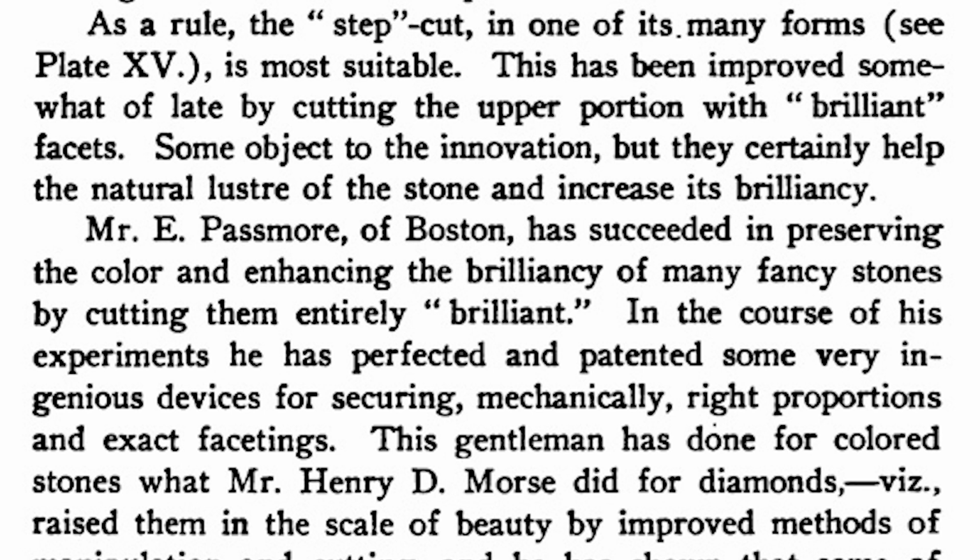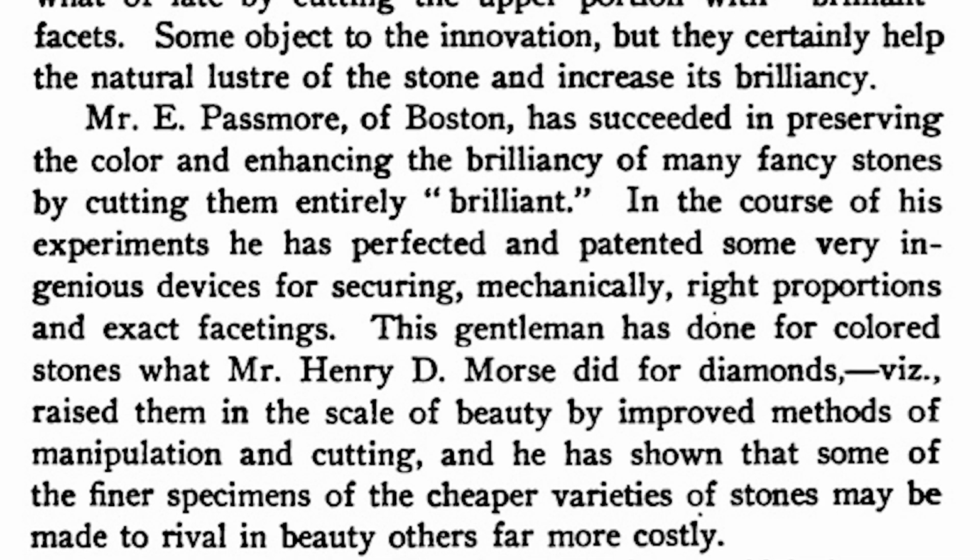He even gives us an example. He says, Mr. E. Passmore of Boston has succeeded in preserving the color and enhancing the brilliancy of many fancy stones by cutting them entirely brilliant. In the course of his experiments, he has perfected and patented some very ingenious devices for securing mechanically right proportions and exact faceting. This gentleman has done for colored stones what Henry D. Morse did for diamonds, raised them in the scale of beauty by improving methods of manipulating and cutting, and he has shown that some of the finer specimens of cheaper varieties of stones may be made to rival in beauty